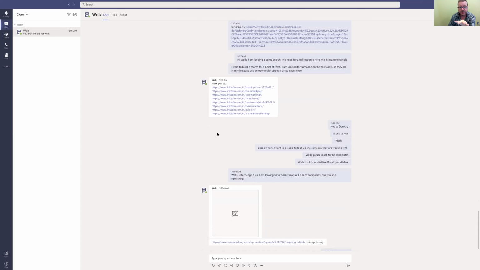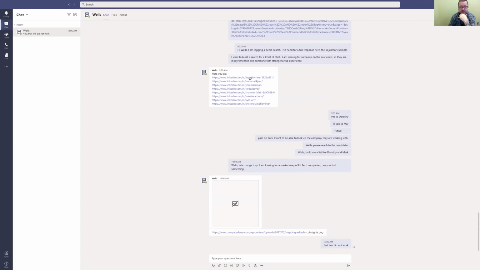So this morning for the demo, I came in at 9:22, as you can see here on the timestamp, and I built a live search logging for a chief of staff. As you can see here, I was delivered 1, 2, 3, 4, 5, 6, 7, 8 candidates in about 8 minutes. I went through them, started going through them live. I'll try to splice in that video at some point, but I don't know if I'm going to. I said yes to the first 2, no to the third,